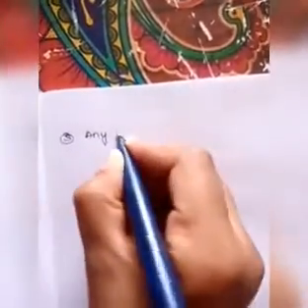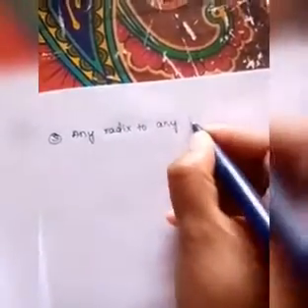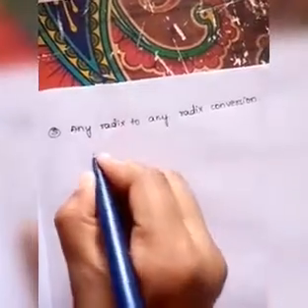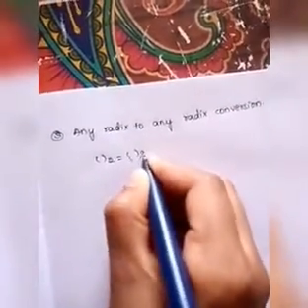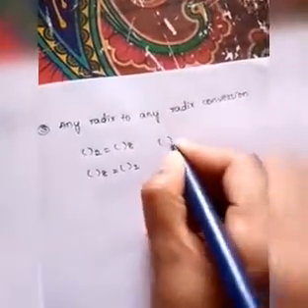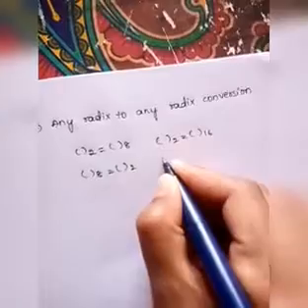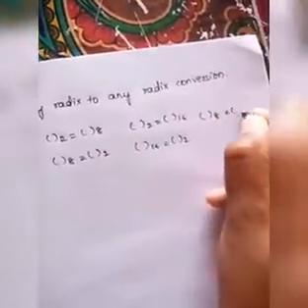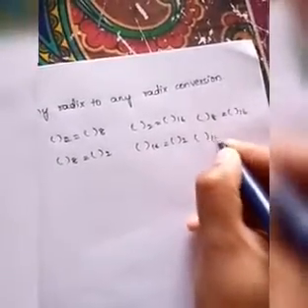Now the third type of conversion is any radix to any radix conversion. So in this we have to convert binary to octal and octal to binary. Next, binary to hexadecimal and hexadecimal to binary, and octal to hexadecimal and hexadecimal to octal. So the first one is